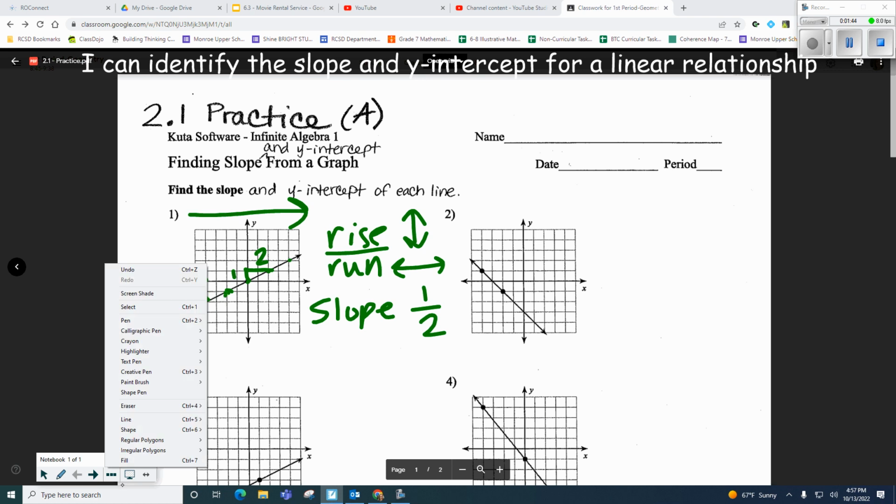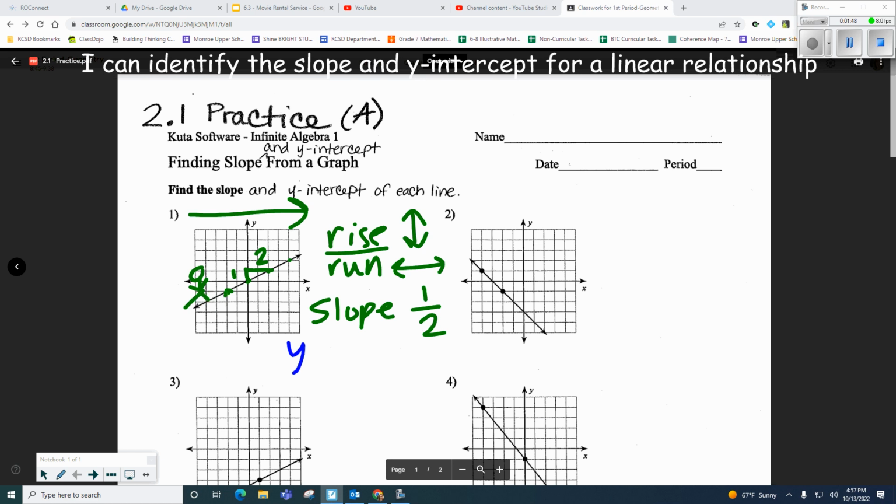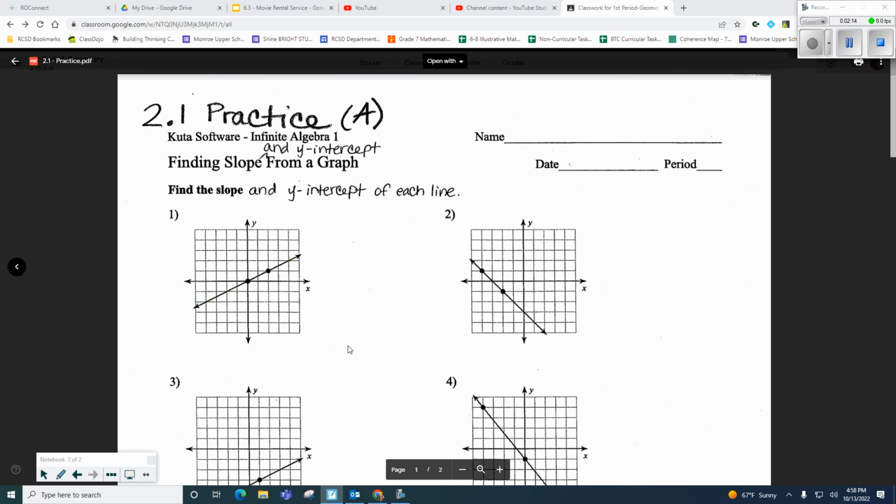Now the y-intercept of a graph is where the graph touches the y-axis. Okay. And here is the y-axis. And this one actually goes through the y-axis right here in the middle, making its y-intercept 0. Okay, so the slope for this one is 1/2 and the y-intercept is 0. You're going to want to keep working through those. On the back,